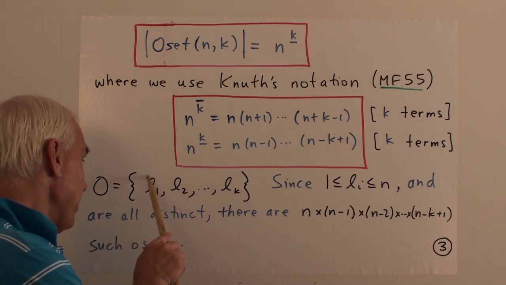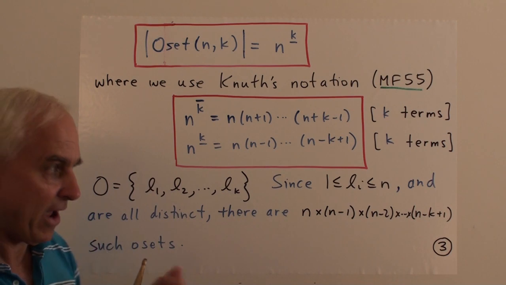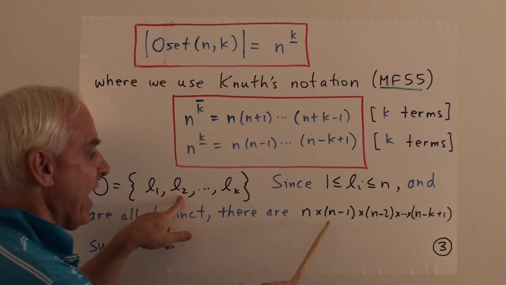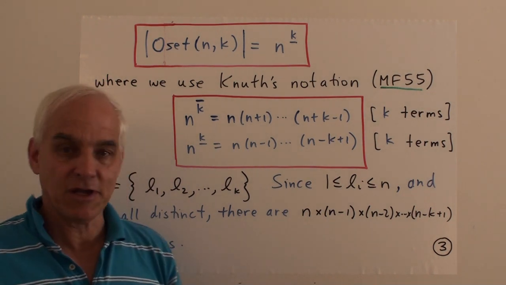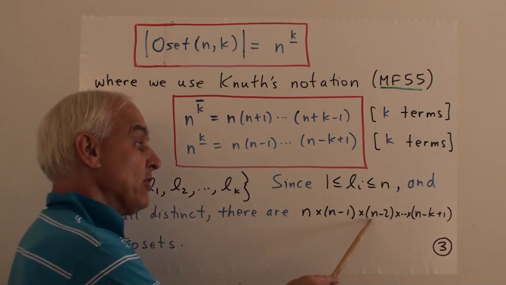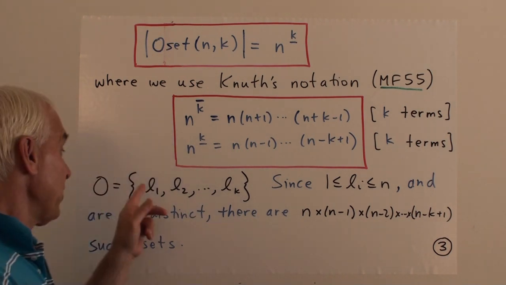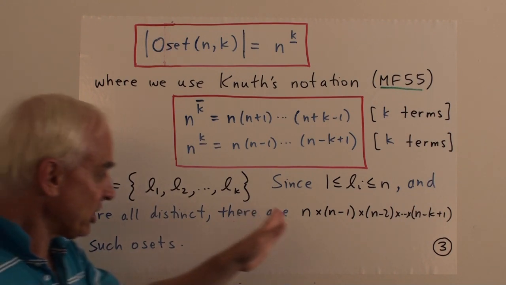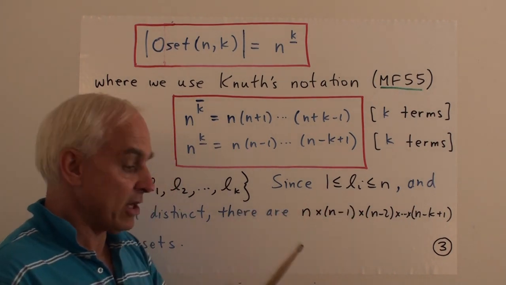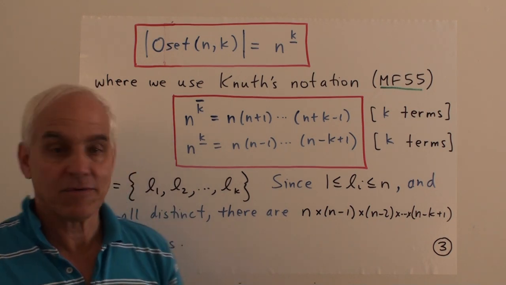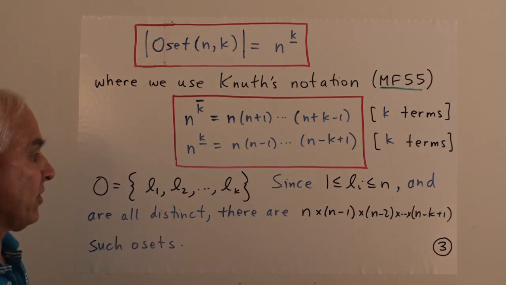So whichever one that we've chosen for L1, L2 has to be different from that one, leaving only n minus 1 possible choices for L2. And then L3, there will only be n minus 2 choices for it, because we can't repeat the L1 or the L2 value. So at each stage, the number of options decreases by 1, so we're picking up exactly falling power in the sense of Knuth.